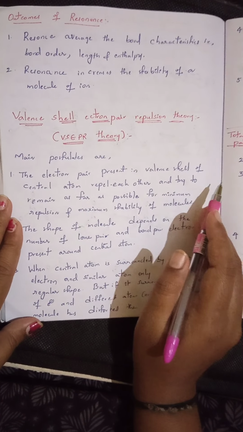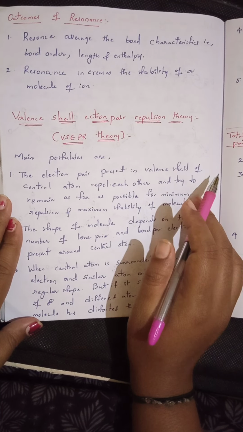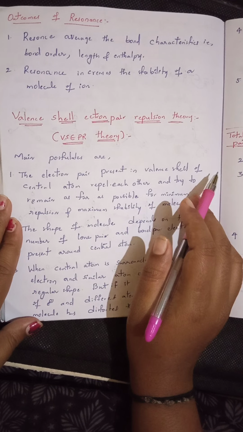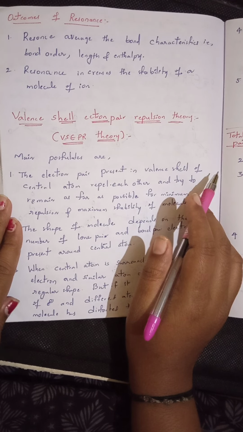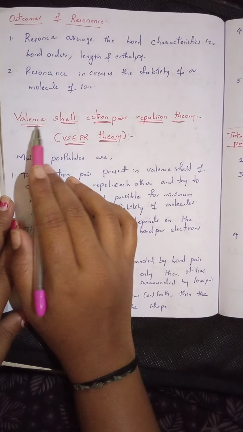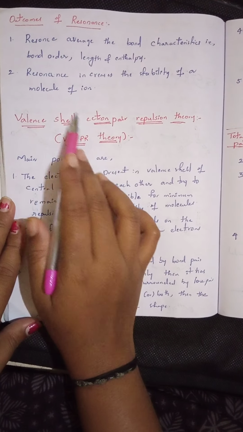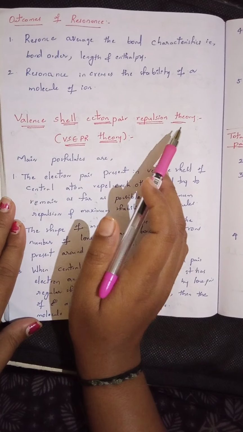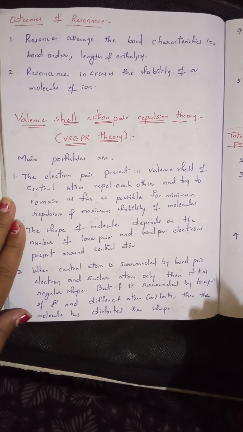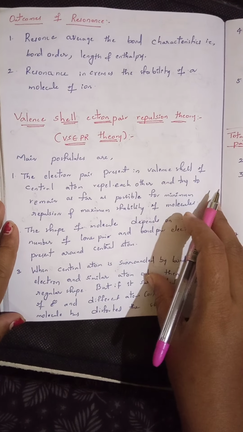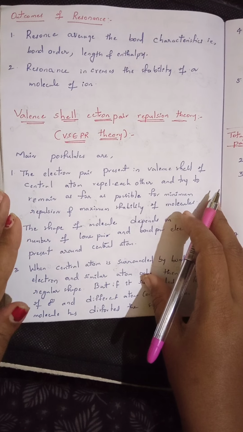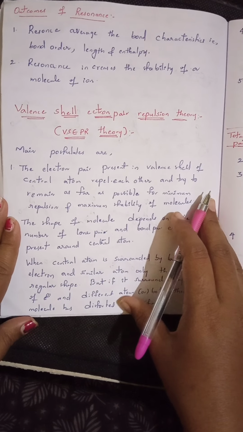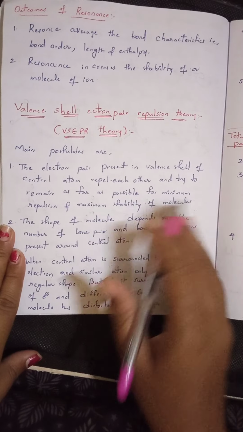This is mainly introduced to know what a molecule is and what type of geometry or shape it contains. That can be explained by using this theory. Based upon the electron pairs present in the valence shell and the repulsions they undergo, we can easily explain its shape and geometry. It is based on some important postulates. First, we'll see the main postulates of this theory.